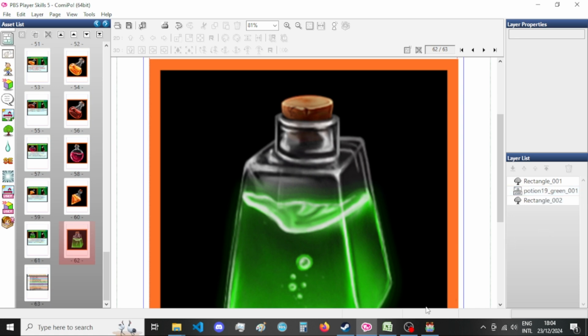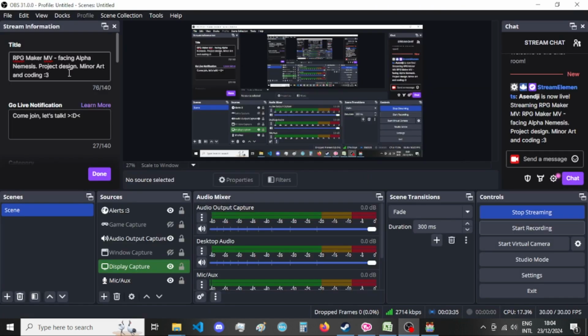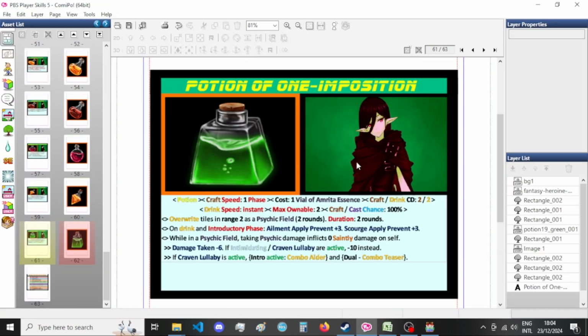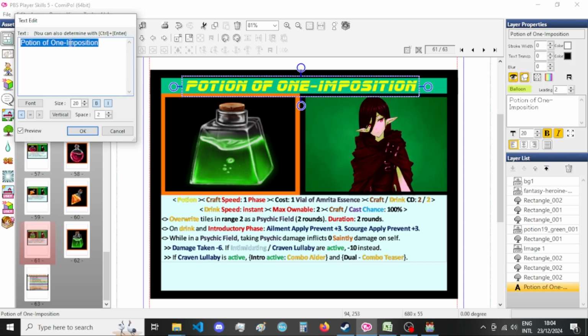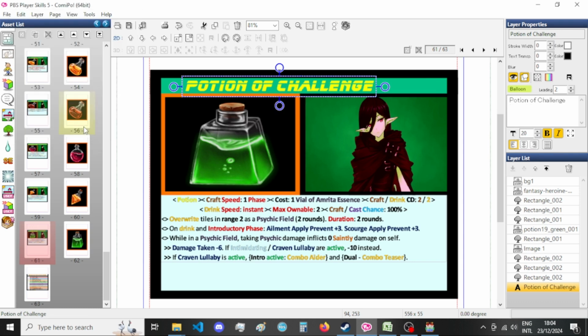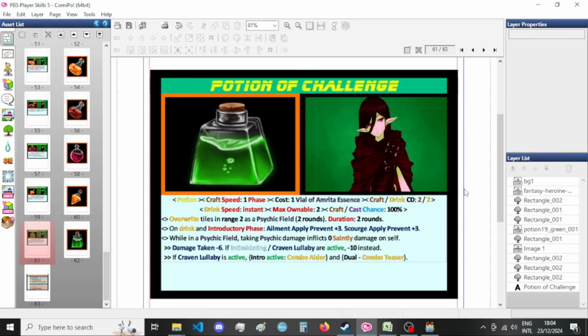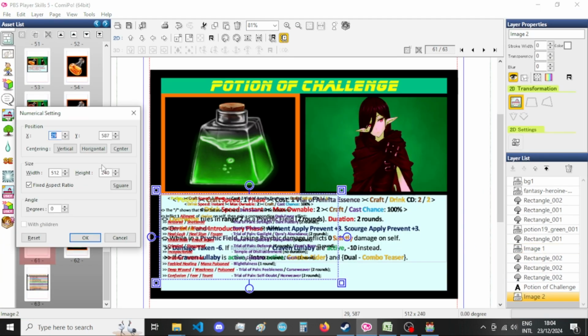Let's boast a bit. Honestly, why not? Alright, so where were we? Ah, yes. Potion of Challenge. Yes, Potion of Challenge. Alright, so this one needs to be moved a bit this way. Okay, all good. Now let me try and see if I can fit this one in the description box,